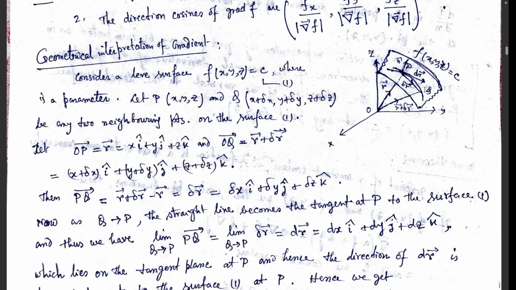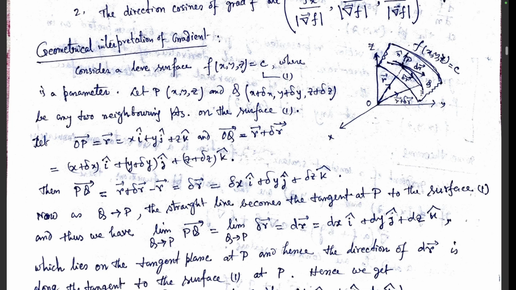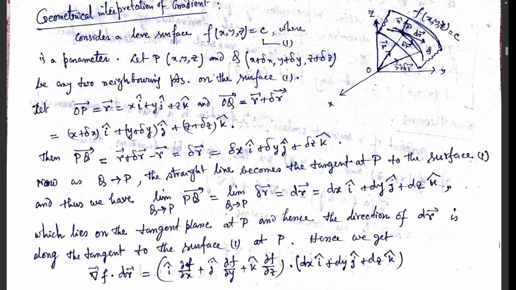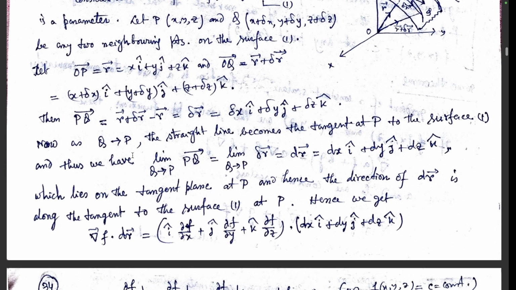So this is the point P, and this point Q, at x plus del x, y plus del y, z plus del z, are two neighboring points on the surface. Then OP equals the r vector, OQ equals the r plus delta r vector, and PQ equals the delta r vector. So this is the vector PQ. Limit Q tends to P, PQ vector equals limit Q tends to P of delta r vector, that is dr vector,